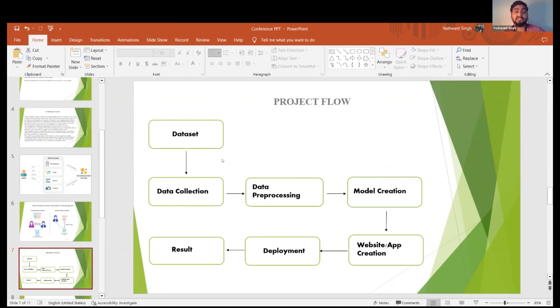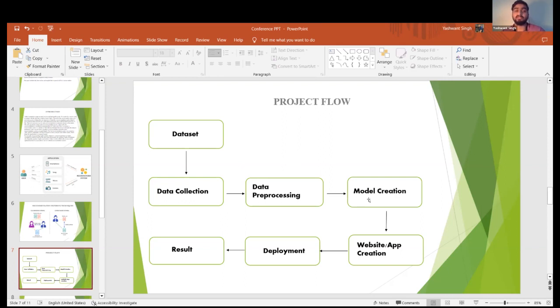So we have decided that we'll collect the data from the Kaggle, and we'll also import some data from Wikipedia also. And then comes the data pre-processing. When we collect the data, it's not very suitable to just feed it to any algorithm. We have to pre-process it so that it becomes suitable for an algorithm to process it. So once the data processing is done, then we'll feed that data into our model